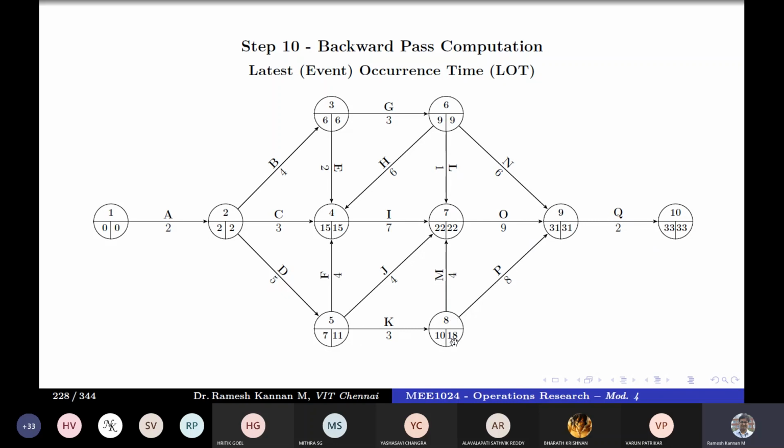Whereas others have different EI and LI values. Those events that have the same earliest event time and latest event time are called critical events. I repeat, those that have the same numbers for EI and LI are called critical events, which means how early you can start and how late you can start is the same.